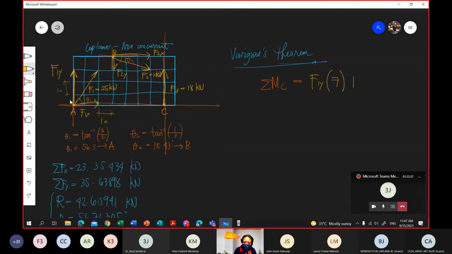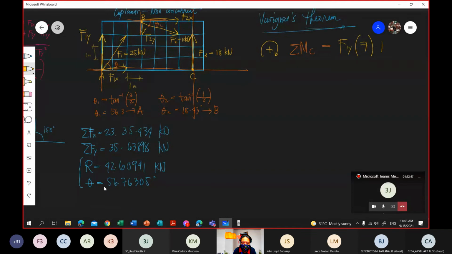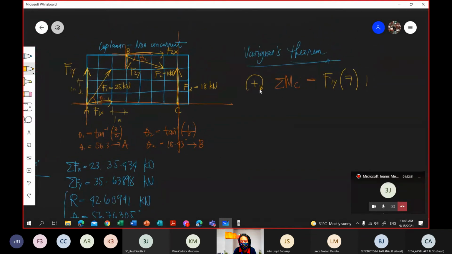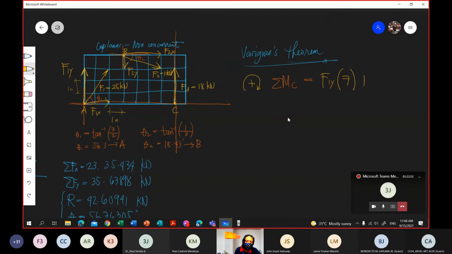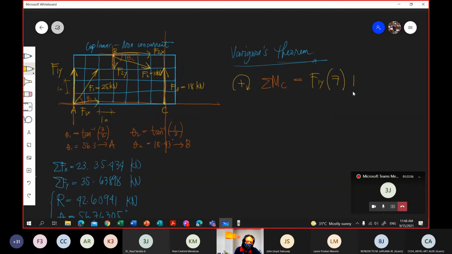So the moment that F1 creates is clockwise, right? We are taking clockwise as positive. The angle is seen differently: the angle is counterclockwise positive, but here clockwise is positive. Okay? And F1y times 7. F2x is also plus, multiplied by